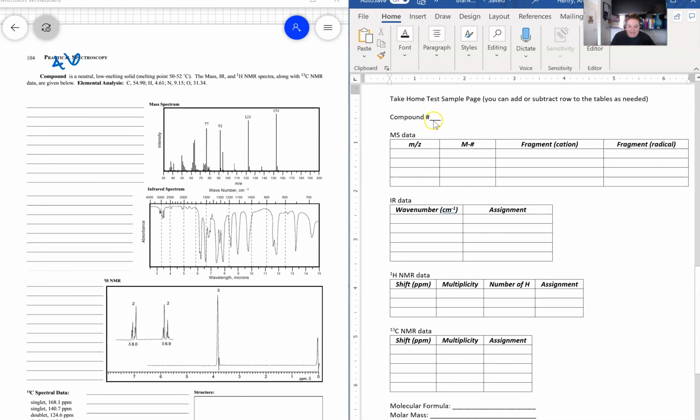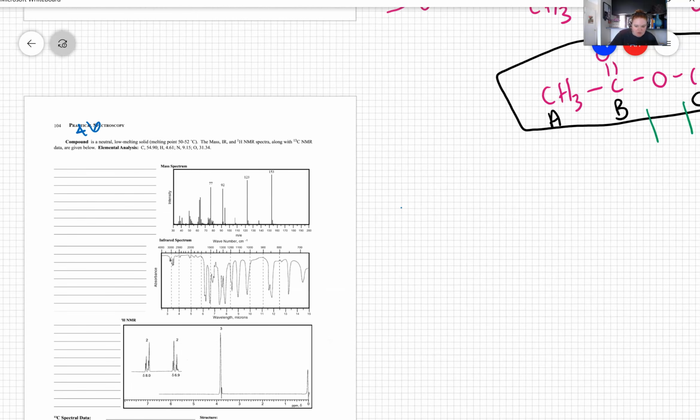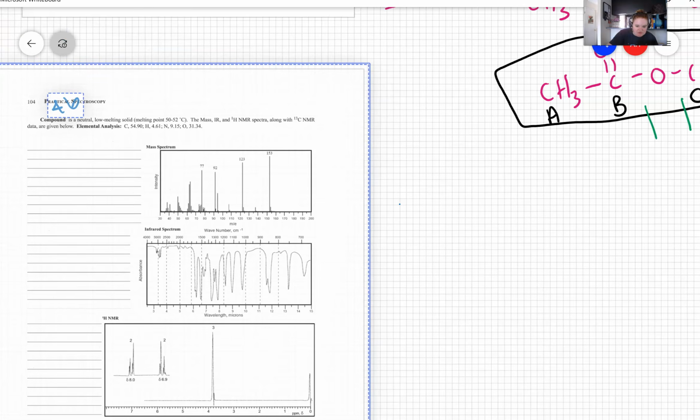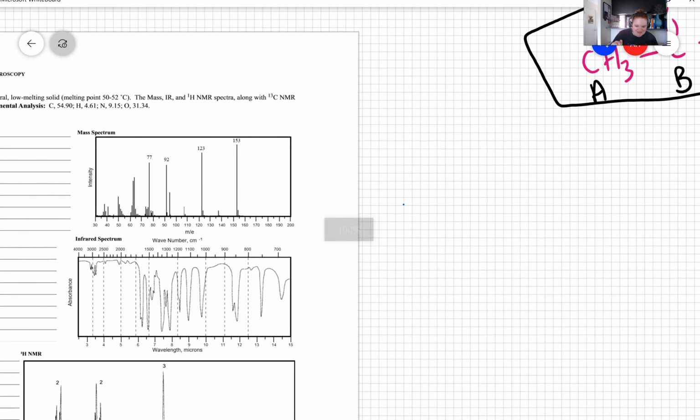And I have a blank test page over here, so I'm going to put 46 right there. And we're going to do the same first step. We're going to start by figuring out our chemical formula. I just want to zoom in on everything. There we go. So we have carbon at